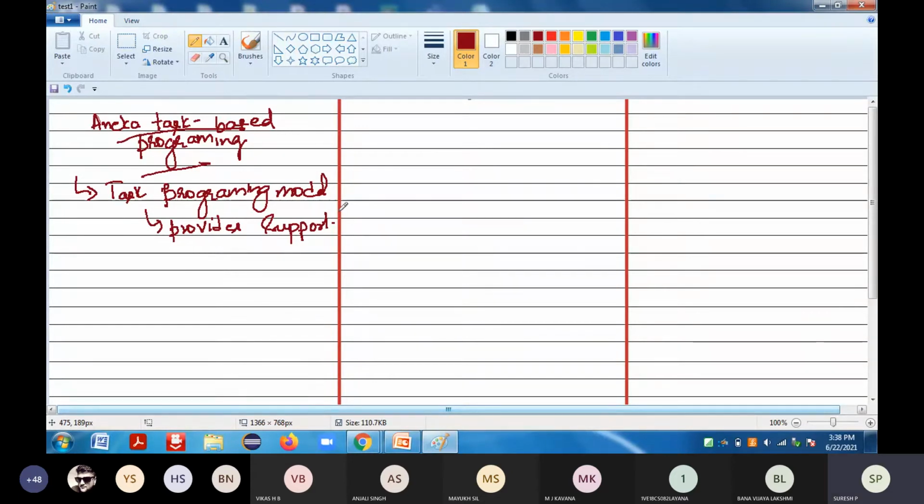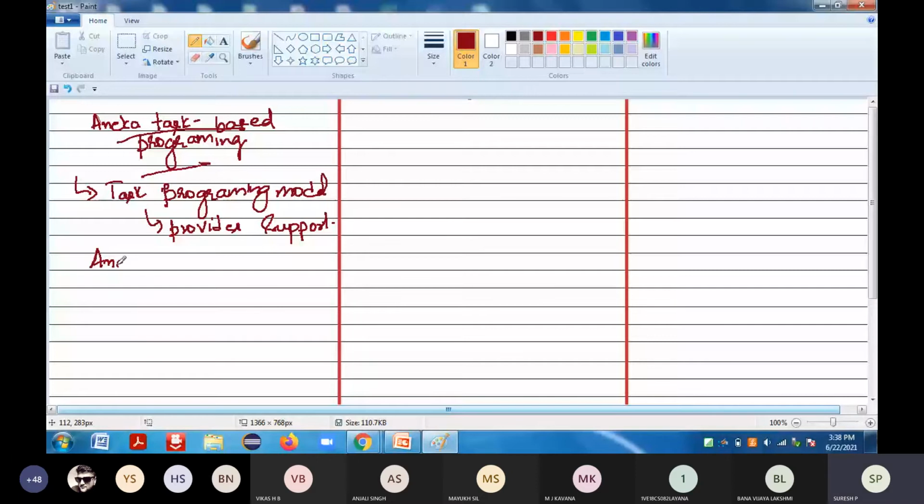So now, what is it going to provide? When discussing Aneka, with respect to the task-based application, the task-based application is going to provide you a distributed application on top of Aneka. So it is mainly used. If you go with Aneka task programming, what it is going to provide is the next question.